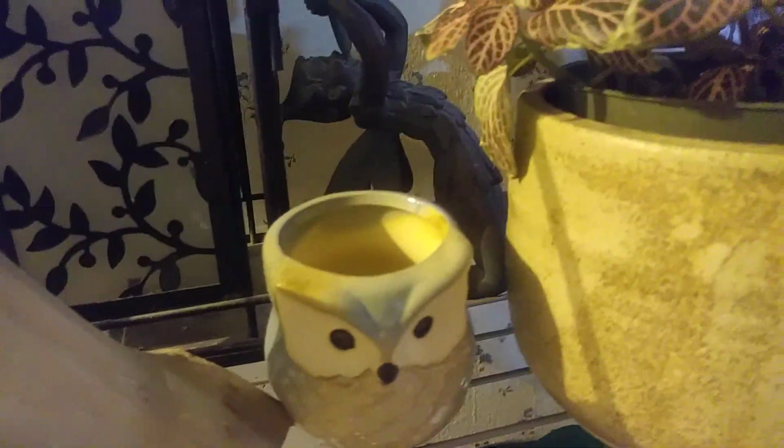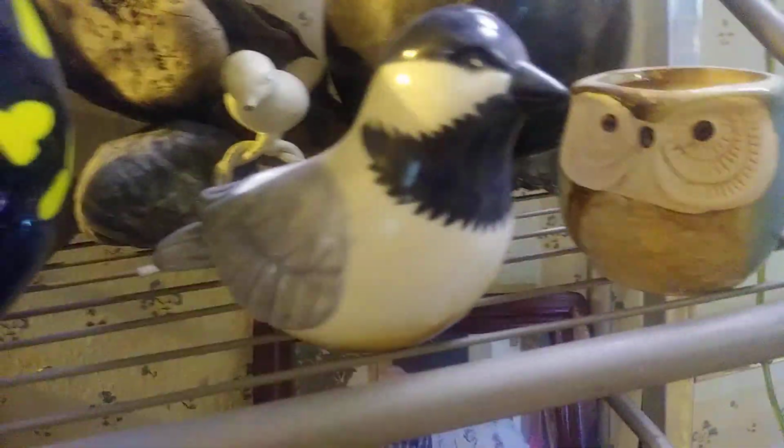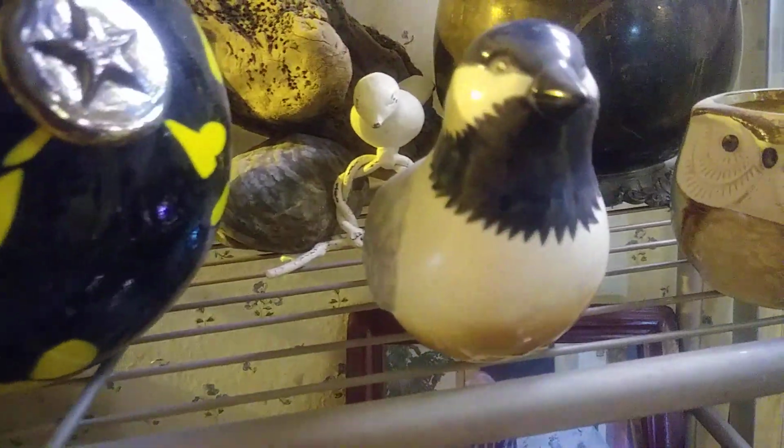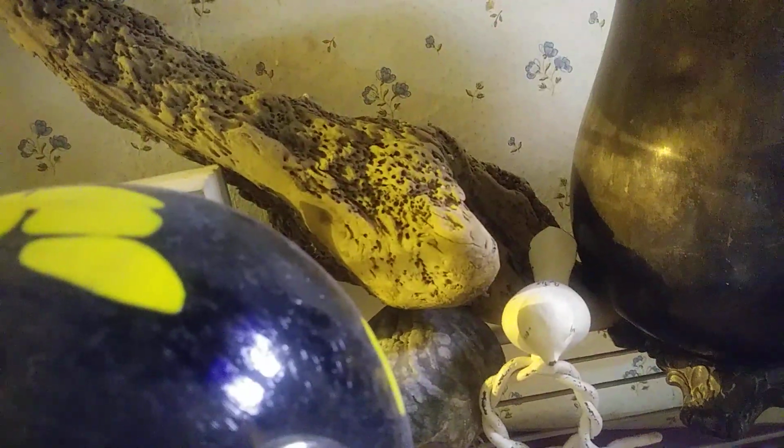These are some more of the planters my son got me for Christmas. Little owls. There's another owl with my thrift store chickadee. I actually paid $2 for her, but I love the black cap chickadee. Another bird napkin ring with my driftwood. And this silver, maybe silver plate. Older picture, I actually got this